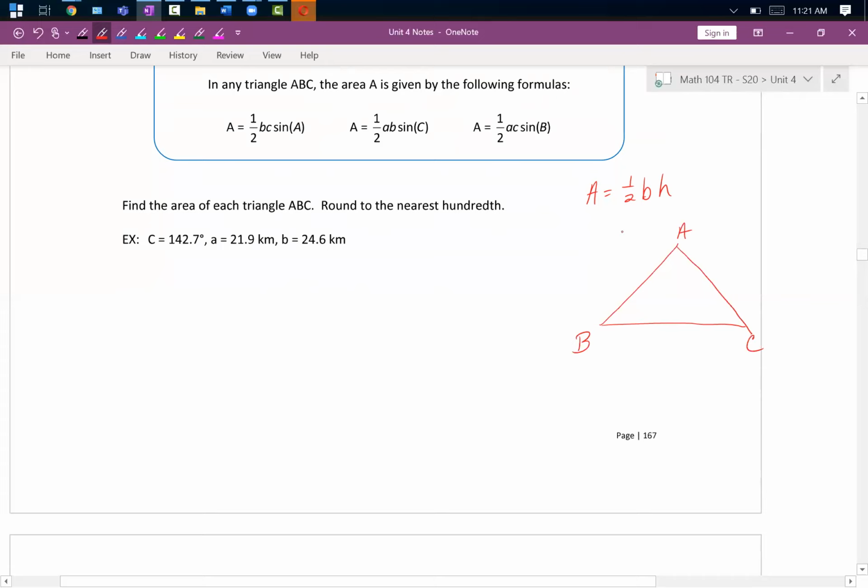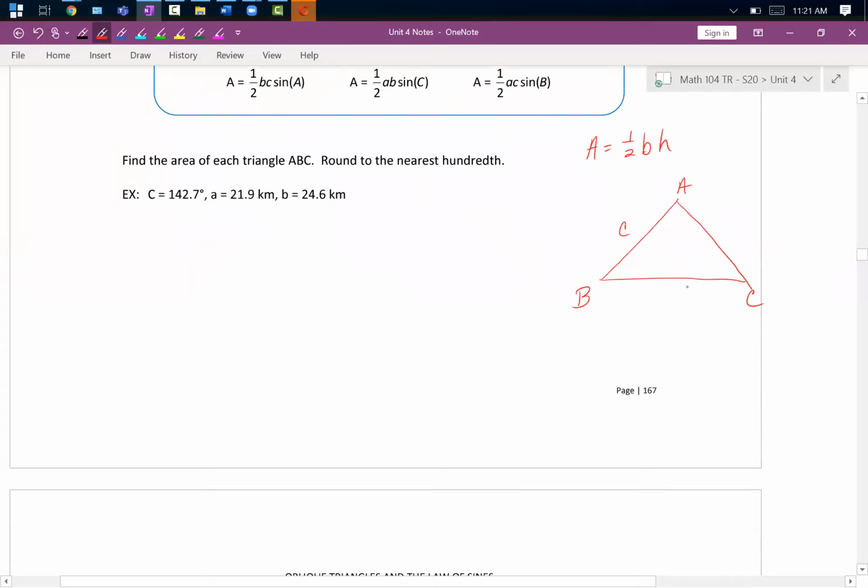They're giving us a side, an angle B, and then another side. We don't know the height of the triangle. So really what we're doing to derive this formula is, if I drop a perpendicular down here and figure out the height, that would be great. I should be able to find the height using SOHCAHTOA because this angle is known and this side is known. So the height is opposite, side C is our hypotenuse, so that's sine of angle B would be equal